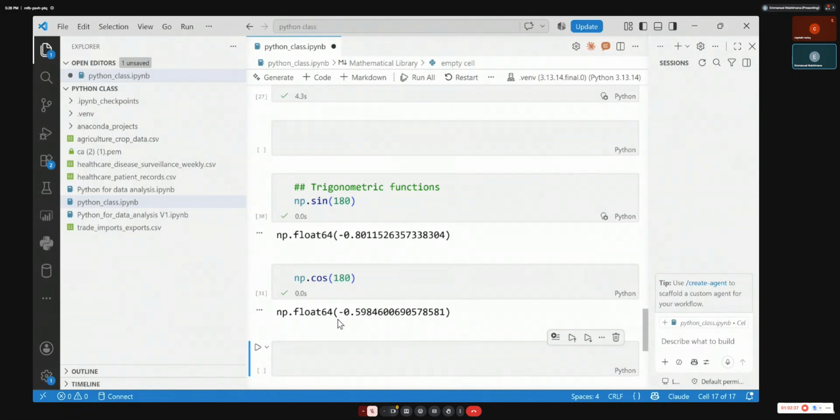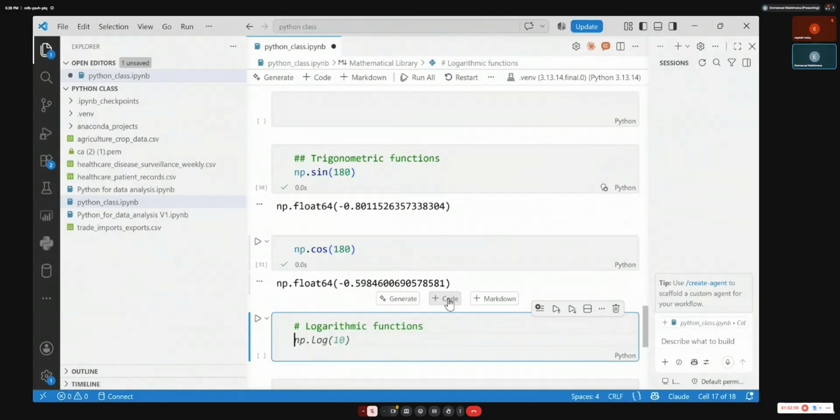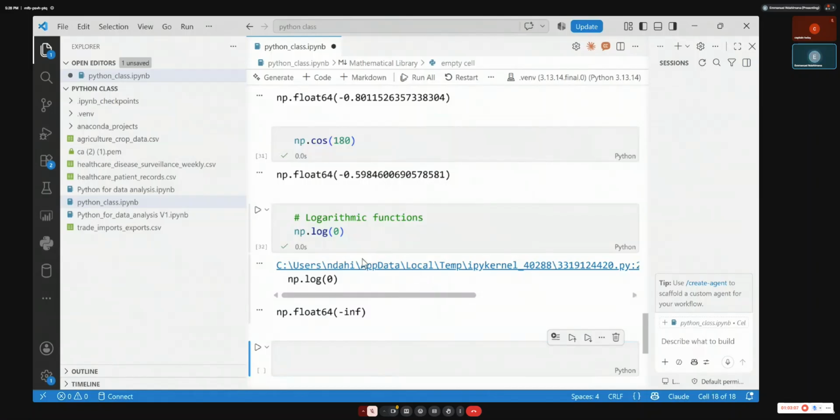So logarithmic function also. Who knows any logarithmic function? What is the logarithm of 1? Natural logarithm. What is the logarithm of 0?